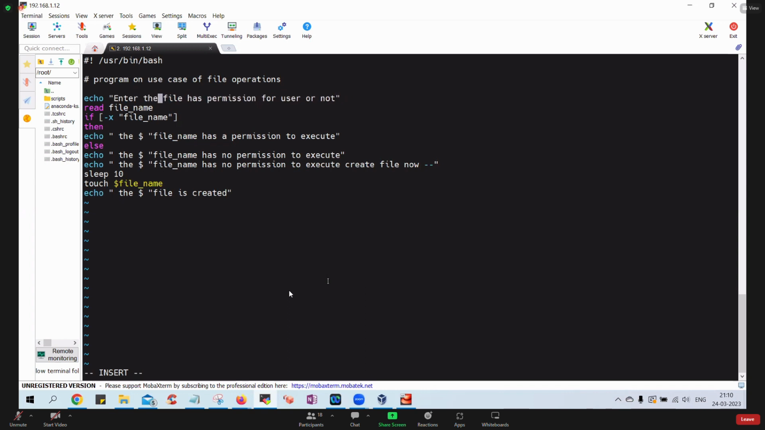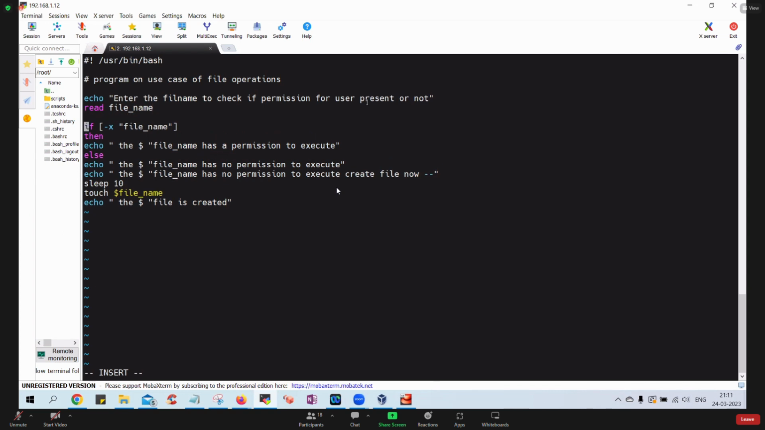Enter the file name to check if permission per user is present or not. So just making it better. That's the only thing. Okay, then he was reading the file name. That's nice. Then he was using -x. So yeah, execute is -x, but here $filename you need to give. Space is also required because these are all rules here. Then